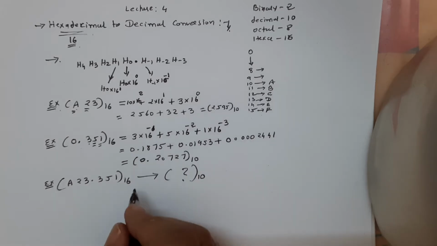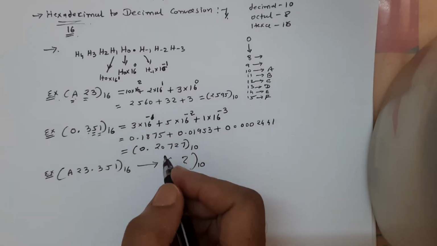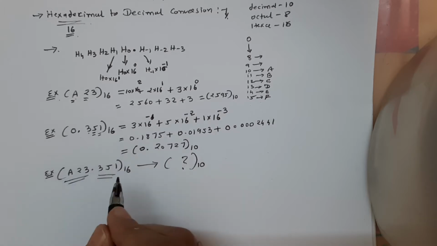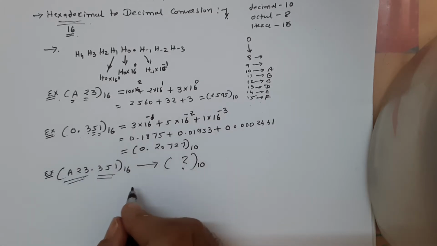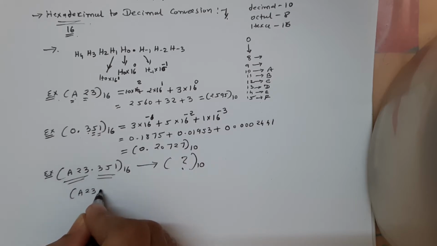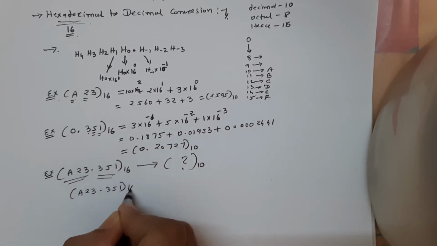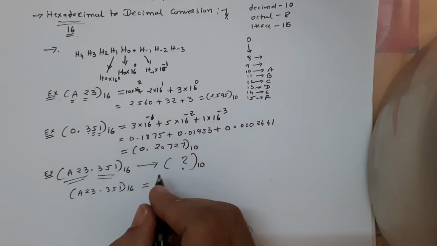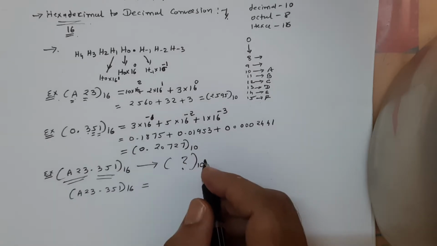How to convert? For this, first of all we take this and then we take this, right? So A23.351 hexa is equal to